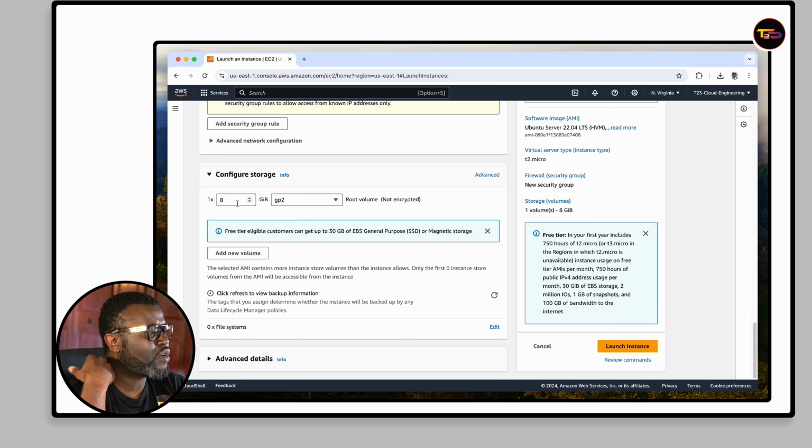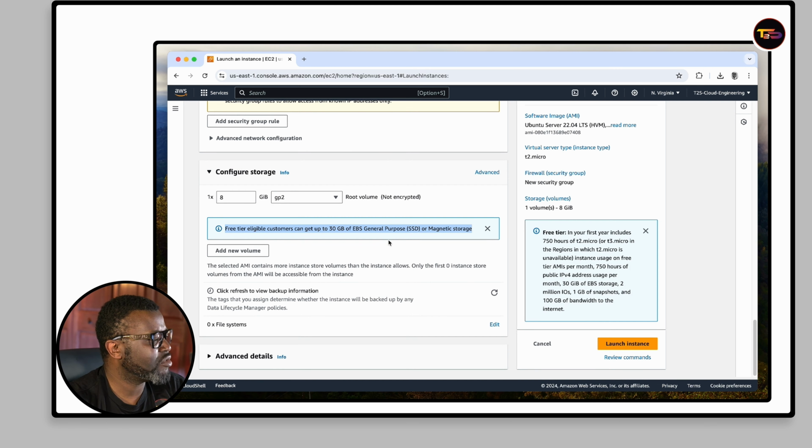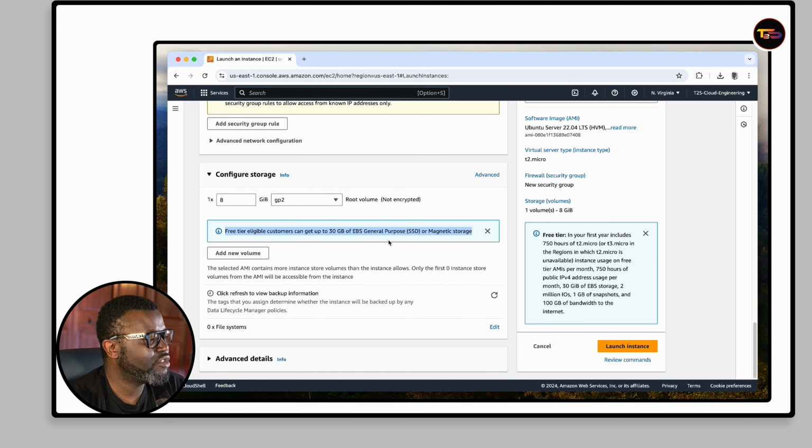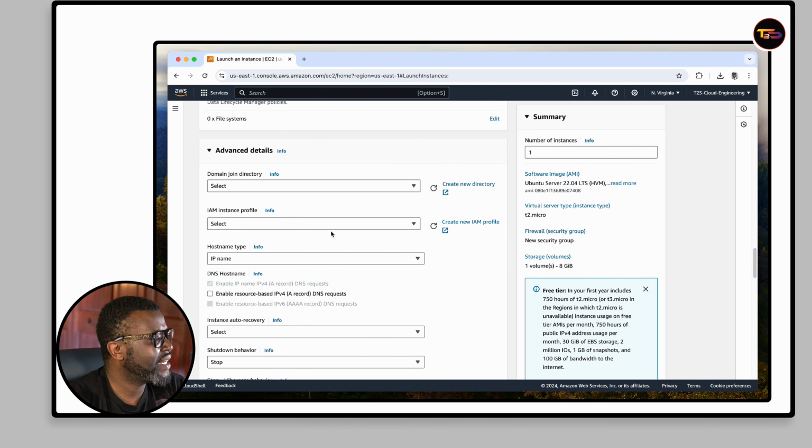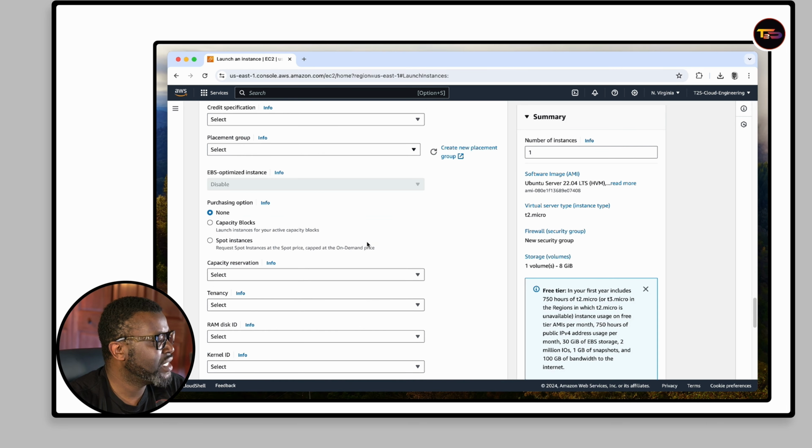So you can go up to 30 gigabytes. Here it says free tier eligible customers can get up to 30 gigabytes of EBS. EBS, that's elastic block storage for EC2 instances. And now if you look down here, you see advanced details. So I want you to click on advanced details here and leave everything just as it is, but go down